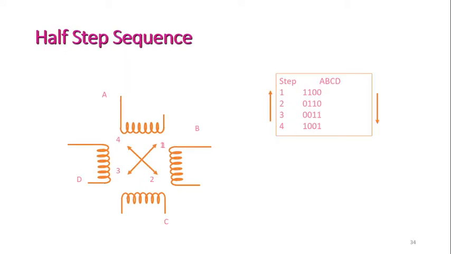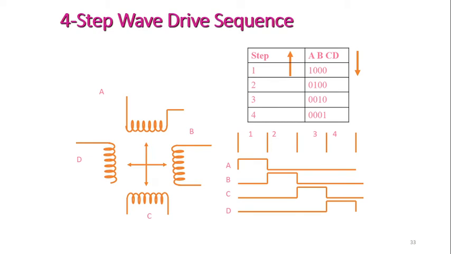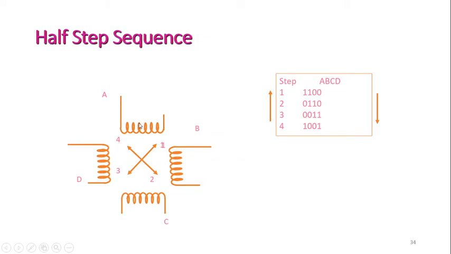Now, let's go for another case. I don't want to go for the full step. A full step is a 90-degree step. I want to go with the half step. For the half step sequence, you are supposed to apply two pulses, for A, B, and 0, 0 is the active low. Every time you are applying two pulses, you are energizing continuous coils at a time. Because of that it is going to give the half step, not the full step, meaning 45 degrees angle.